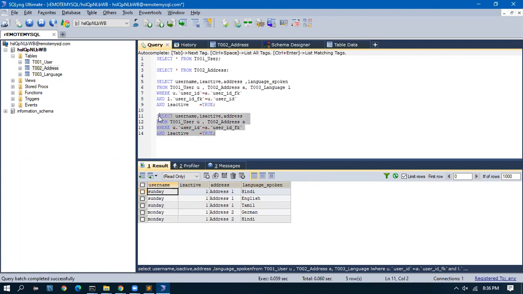That is why the inner join did not bring them. So an inner join joins two tables and brings up the records matched by both tables. Any record which is there in one table but not in the other table will not be brought here. To bring that, we have an outer join.